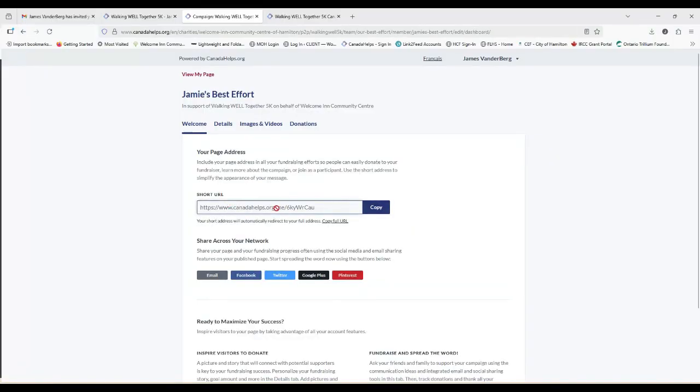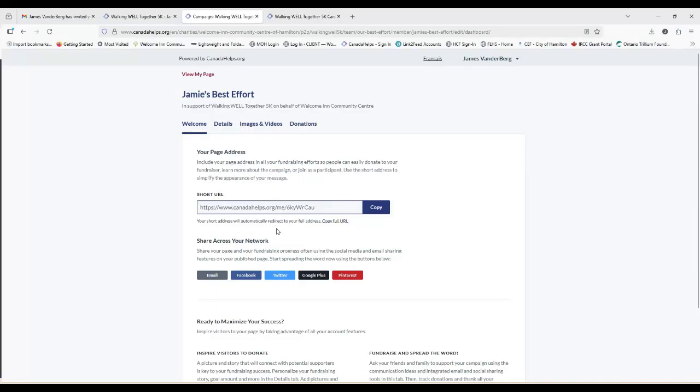Now the important tab, welcome. So here is a URL that will bring people directly, not to the main fundraising page that you've seen already, but to your personalized one. So if you want to share this the old school way, you can go into your Gmail or Outlook, whatever email system you use. You can type out an email to your friends and family, add in all their email addresses, and then copy the URL, put it in the email, and everyone would be directed directly to your personal fundraising page where that donation form will allow them to make donations.